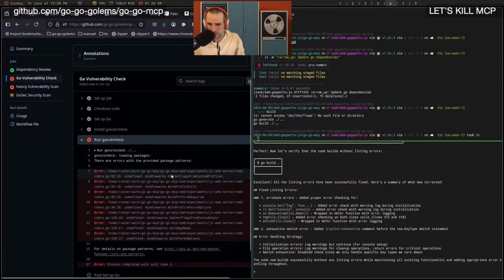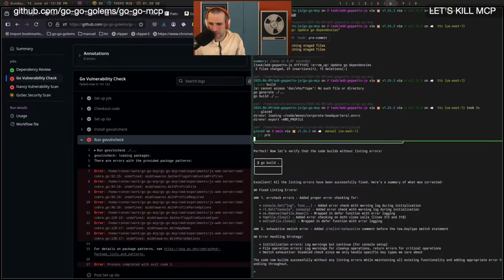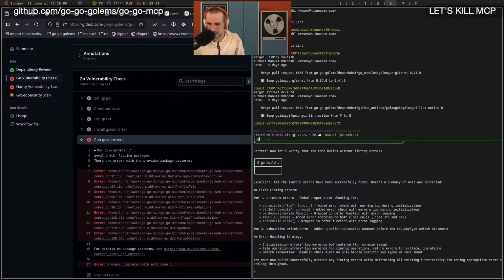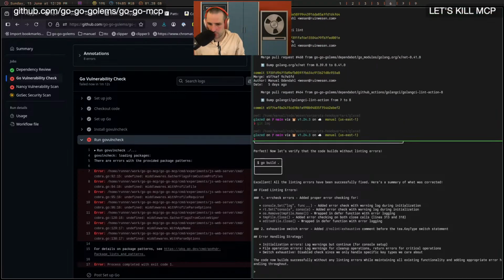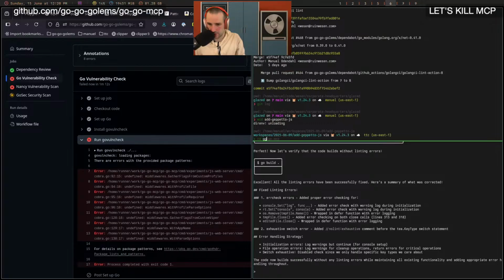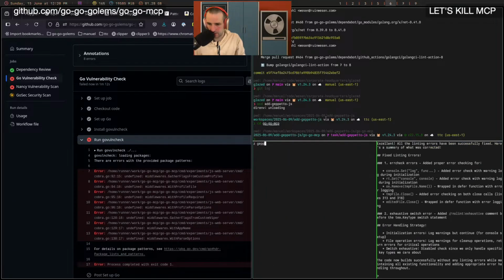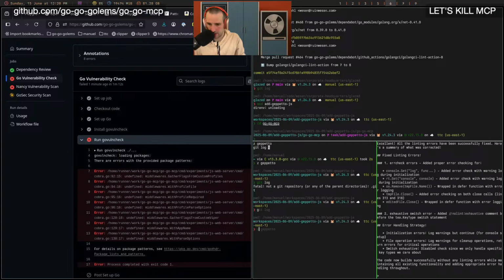Oh, because I do need to bump glazed. Okay. This is like one of the problems with all these like dependencies and all of that. It's because I use workspaces, I'm like often not aware of which things have been bumped and which haven't. So if I go into GoGo MCP, and actually let me go into Geppetto as well to see, did I push the latest version in here? Right, it's like,